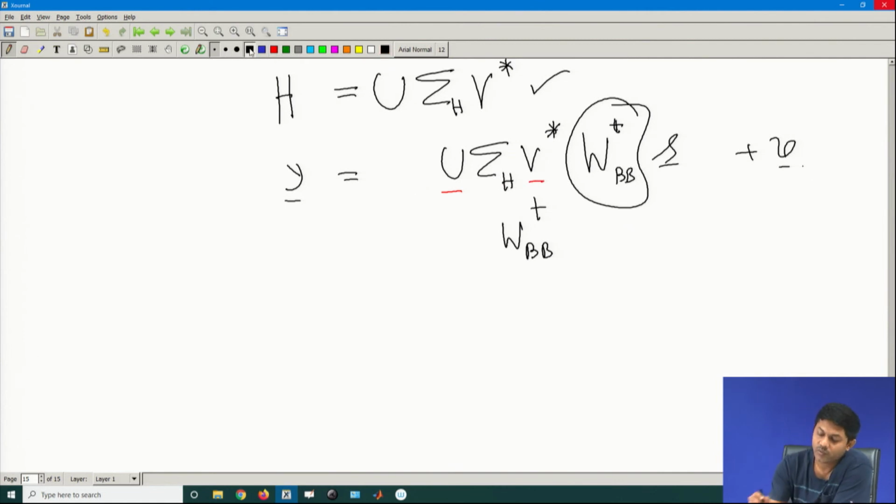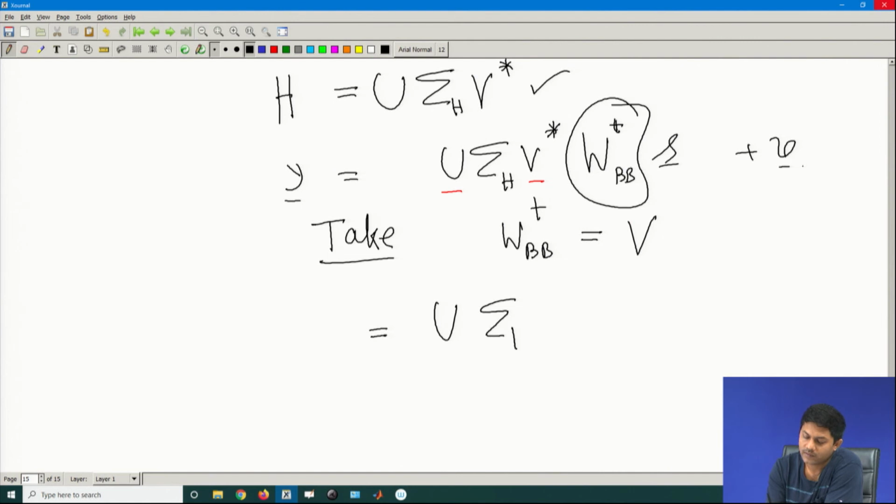So, you take WBB equal to the V matrix. Note, it is only the V matrix. Okay. So, you replace it here. That means, I should not say assume, I should say take WBBT equal to V. You pick that up. Then what will be the data model? It will be U sigma H and V star into V, which becomes I. So, that part is over. Okay. Now, what do you do here? Now, you get y cap, right. This is your y cap.